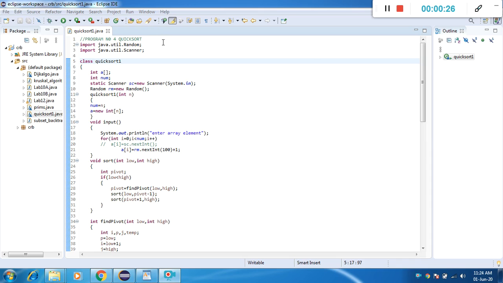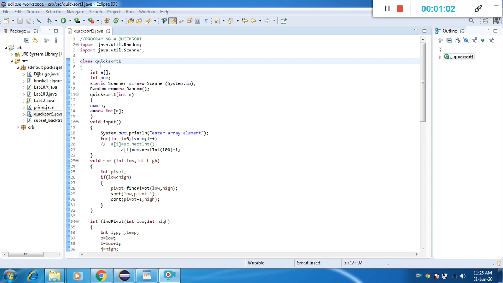Whenever you have a problem, first divide that problem into subproblems, design a solution for the subproblems, and finally combine the results from the subproblems to get the solution for the original problem. Quick sort is the best example of the divide and conquer technique. Also, you know that sorting is nothing but rearranging all the elements in the given set either in ascending order or descending order as per the requirement. Here we can discuss this program as the quick sort.